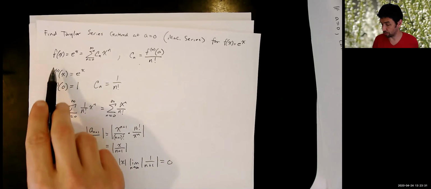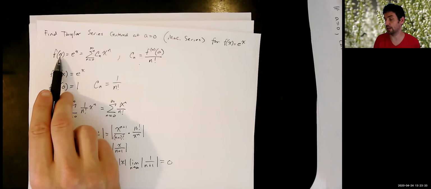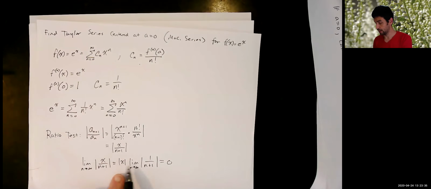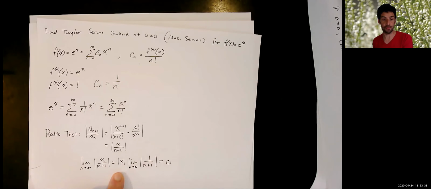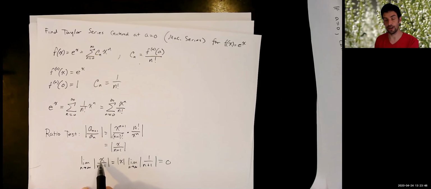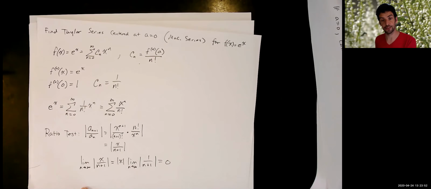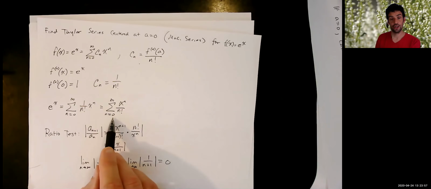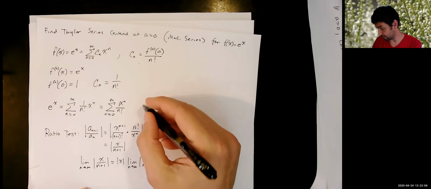Another way to think of it, remember we're trying to represent this function. If I put in any number like e to a billion, eventually 1 over n plus 1 is bigger than a billion, and eventually it's a lot bigger than a billion. And so we can get this expression closer and closer to 0 by taking n large enough, which is what this limit says. It doesn't matter how big this is, eventually n gets bigger because we're taking its limit as we go to infinity. This tells me that this series, its radius of convergence